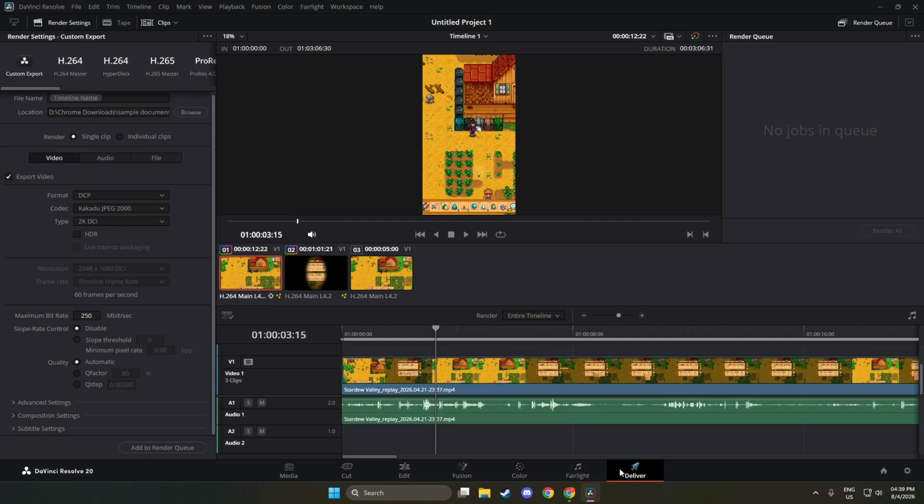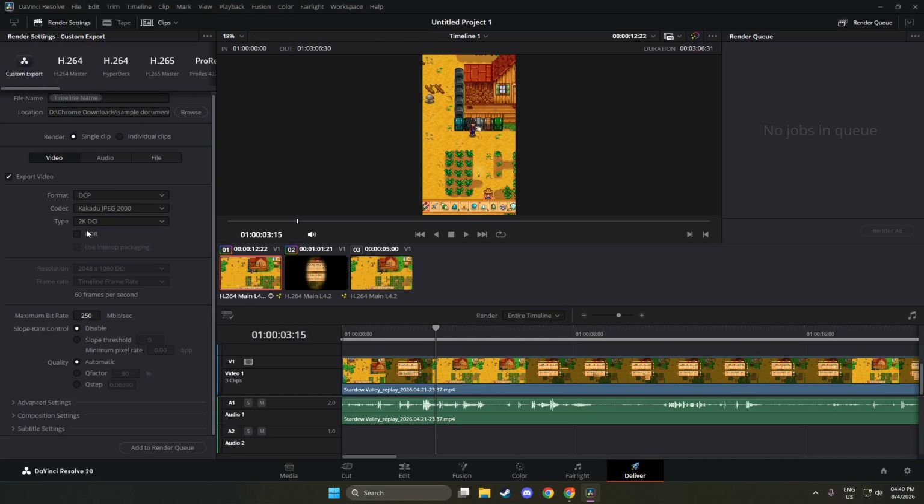Set Format to DCP. In the Render Settings panel, find the Format dropdown. Open it and choose DCP from the list. When you pick DCP, several options will update, and you will notice settings like resolution and frame rate arranged for digital cinema delivery. A helpful detail is that DCP format expects very specific frame rates, so the available choices may be more limited than other formats.